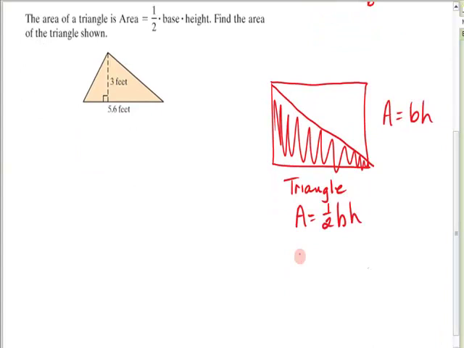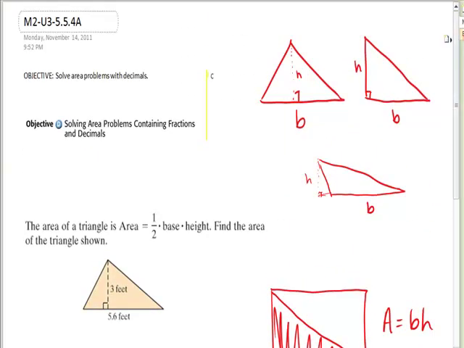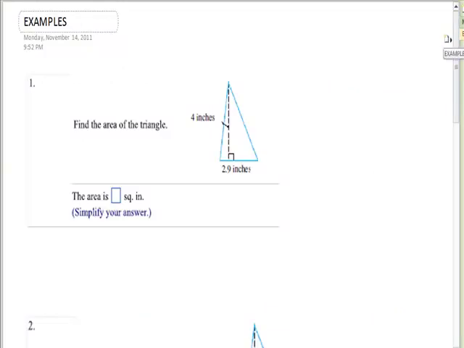height. In decimal form, it could be written as 0.5 times base times height, or it could be written as base times height, and whatever you get, divide by 2. It is totally your choice which one of those versions you want to use. I will tell you that I have found that the bottom two are probably the most popular. So I will probably use those in my examples when I'm dealing with a triangle, which I am in problem